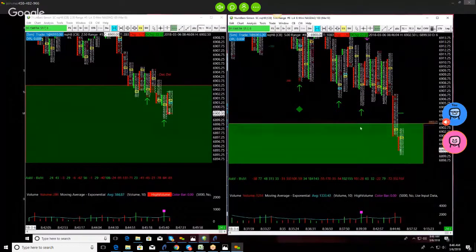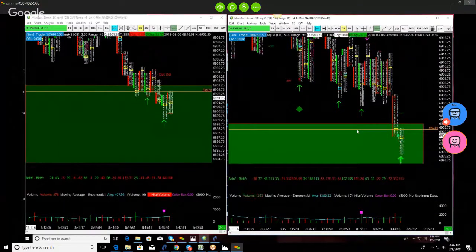I at least want to get above my heaviest seller, which puts me at 6902. So this is a 2.5 range bar. This is a 5 range bar. But when I get above that 6902 and I close on either a 5 range or a 2.5 range, if I want to be earlier on that, I'm going to expect that they push out of those areas.